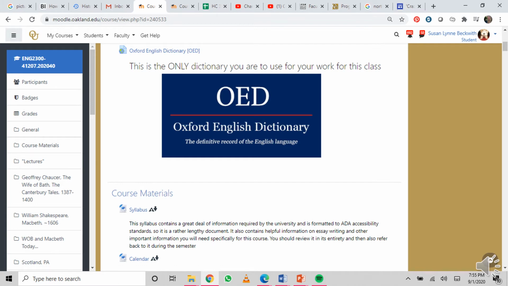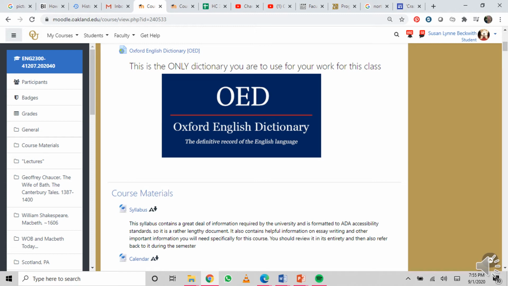In the Oxford English Dictionary, not only will you get the definition of a word as it is used today in 2020, but you will get the history of that word and how it was used, what it meant at different points in time through history, going back to the first recorded time that it was used.